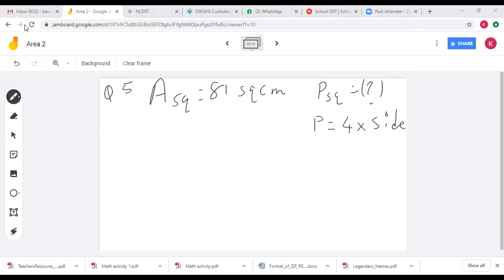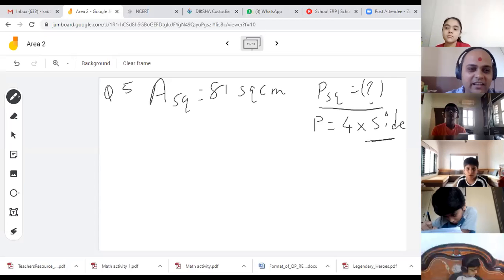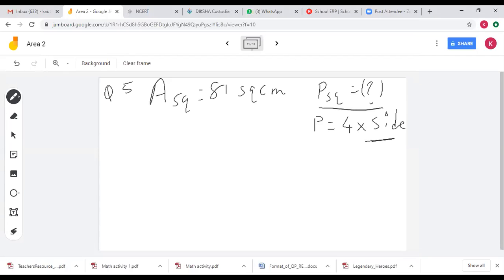So to find perimeter of a square, we need side, yes, and we have got only area. Do we have side? No, it is not given, it is hidden. It is hidden somewhere, we have to find it and bring it out, right? So how will we do it? We know the formula of area of a square, it is side into side. Area of a square is equal to side into side.